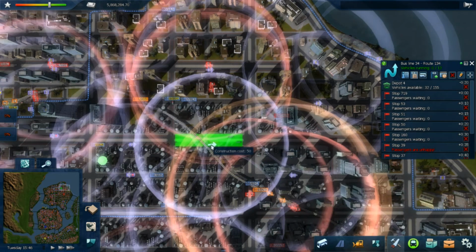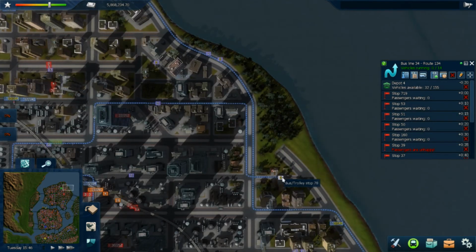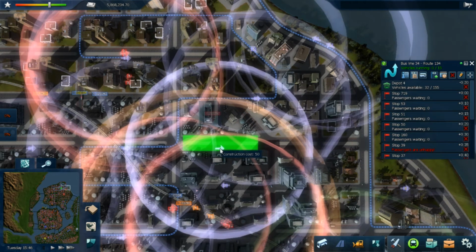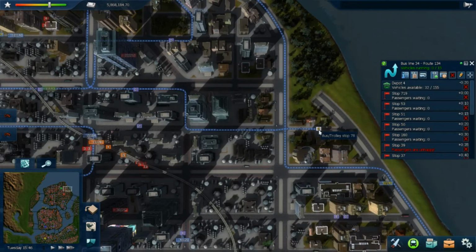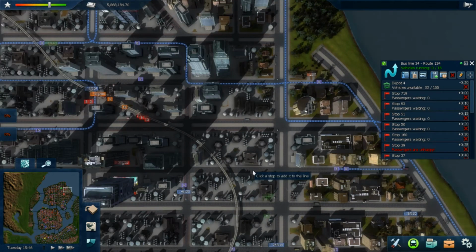No, I think what we should do is like that, and then there, and then there's a stop here. Actually, there's that one. Alright, we're going to go there, there, and then via a stop here somewhere, probably there, there, and then to there, to there,